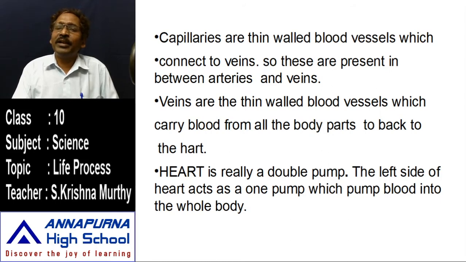So what is happening now? Along with the ventricular pressure, the blood flows from body parts to veins, and from veins to the superior vena cava and inferior vena cava, and from the superior and inferior vena cava to the right atrium. When the right atrium is filled with deoxygenated blood, immediately the right atrium contracts. Along with the contraction, the blood flows into the right ventricle.